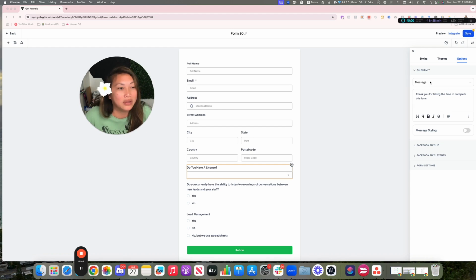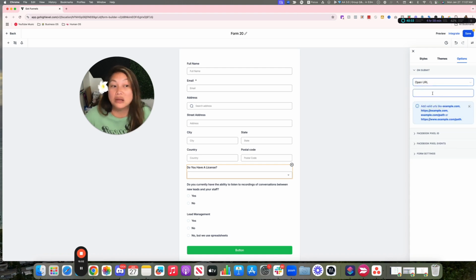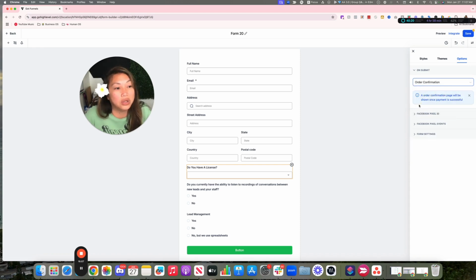But also here's another option. If you're having issues and you're wondering why it's going to some other page, it's because of this right here. You could either have it go to this message, or you can customize what this message is, or you can open a different total URL. Or if this is a sales page, you can click order confirmation once the payment is successful, if you're taking a payment on this page. But typically I usually either have it go to the thank you page using this on submission, or the message